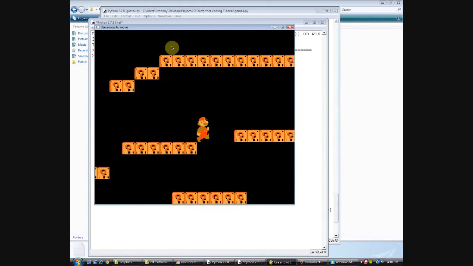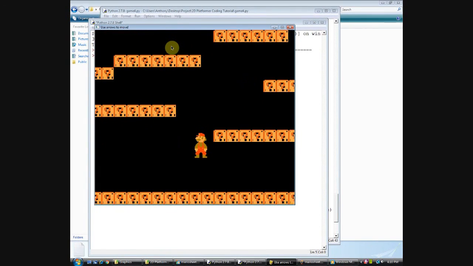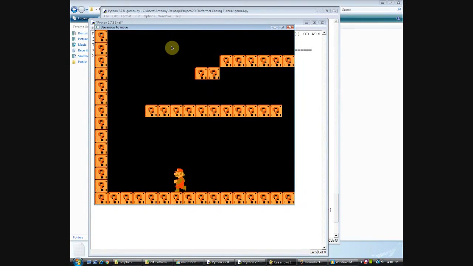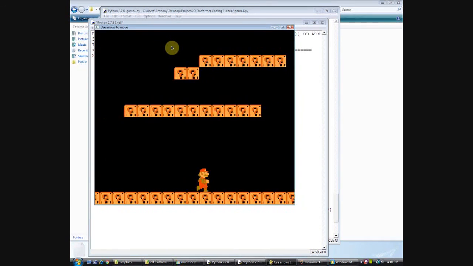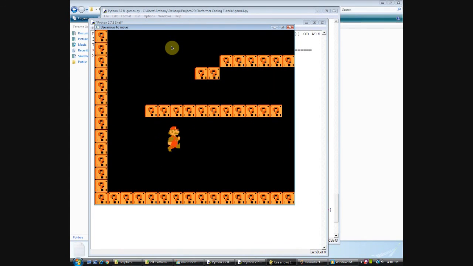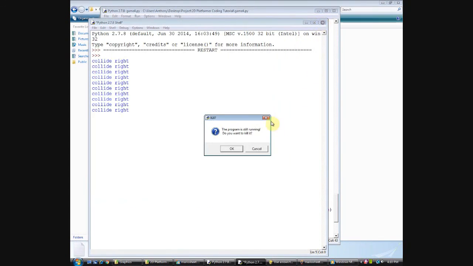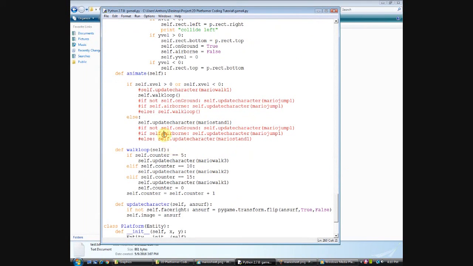And it does. So now Mario appears to be walking when he moves left and right. Although Mario will still appear to be walking when he moves left and right even if he's in the air, which of course is not right. So I need to add a condition to the animate function to use a different frame for when Mario is